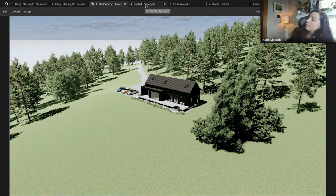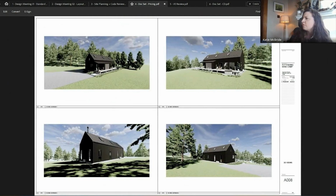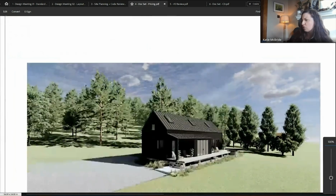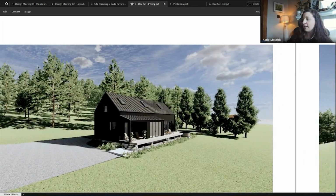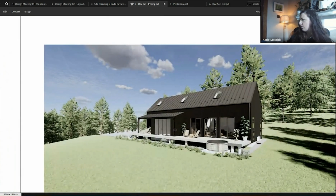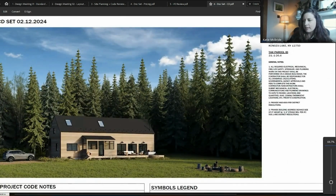So once we had the site plan and we had the building, we went into pricing. This represents what we had priced first. We had this bump out. We'd already gone through structural design and we went with a column here instead to open that up. So it definitely had a very different look than where it landed because of the black siding and the larger porch. And so I'm just going to quickly flip to where it landed